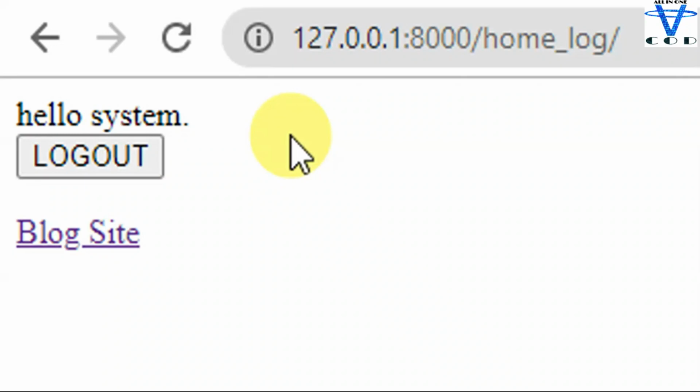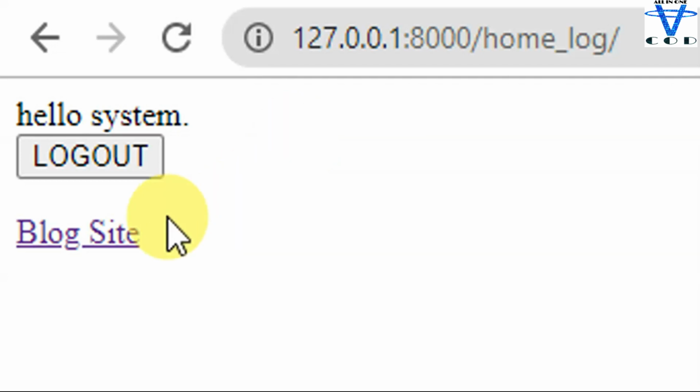Welcome back programmers. In today's section I'm going to show you how you can create the details page using URL objects. So let's begin. This is my logged in home page for my website. I know I haven't added any CSS and JavaScript, but this is just for an example.